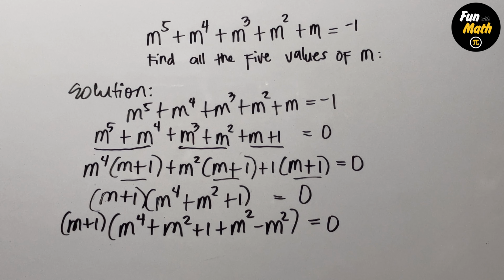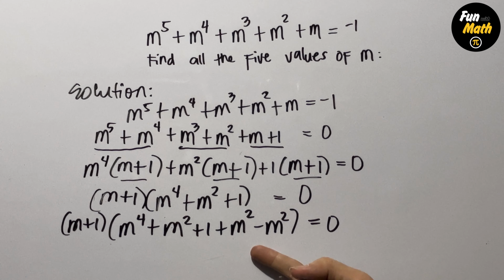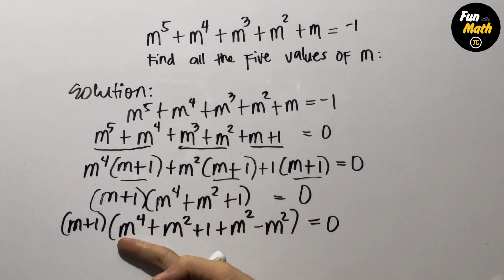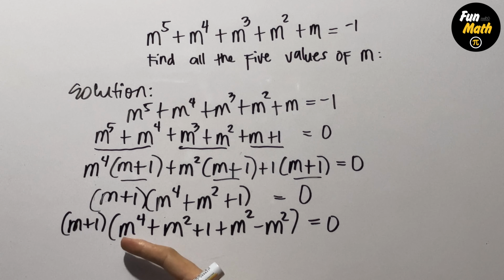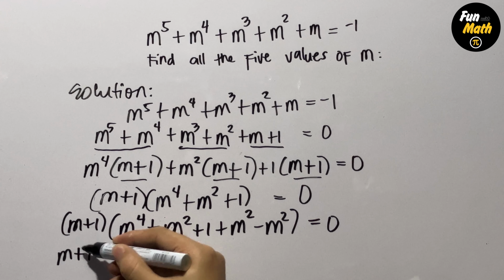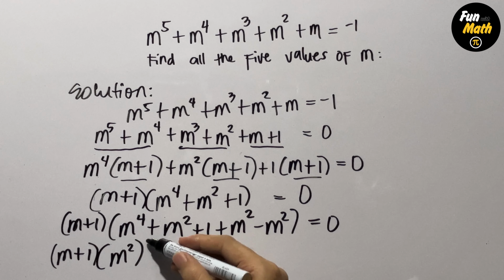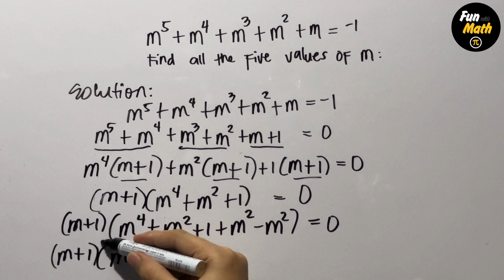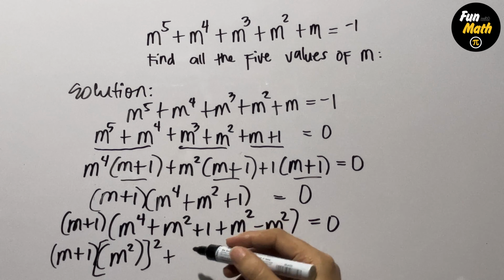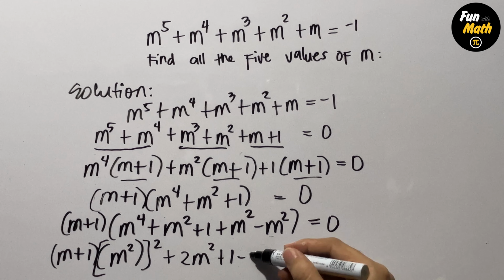So what I have said, we need to add and subtract m squared to make it a perfect square. Now, this is already a perfect square. What we need to do, this m to the power 4, we can write it as m squared to the power of 2. So this is now m plus 1 times m squared whole to the power of 2. Plus, for this, m squared plus m squared, that is 2m squared. And then plus 1, and then minus m squared